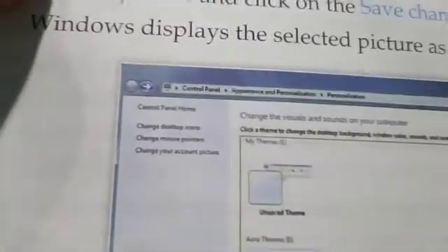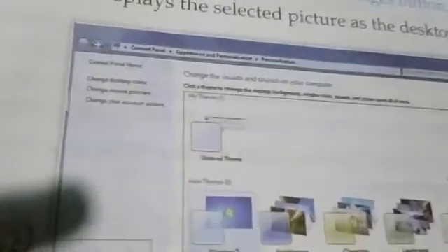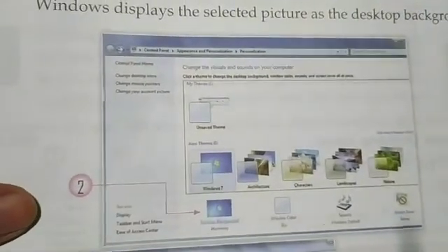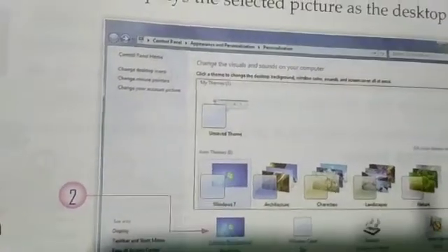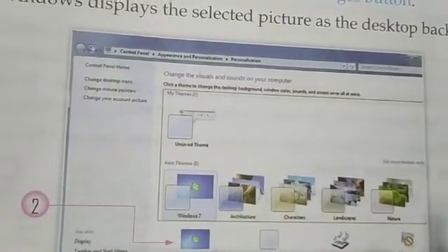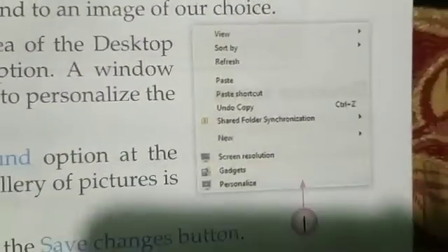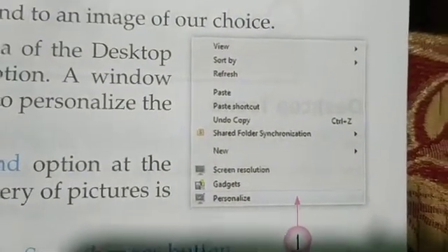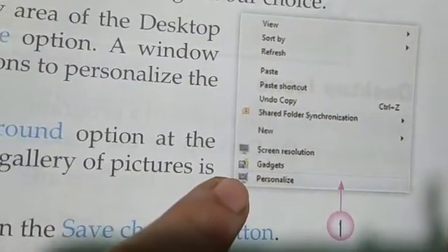Now in your book, this is the personalize window of Windows 7. It is given in your book. Now I am showing you through the book. This is the personalize window, or you can say personalize dialog box. Okay, understood, no? Where you have to do right click on the empty area of the desktop, and this is the shortcut menu of desktop. And the last option, personalize, here you have to click.